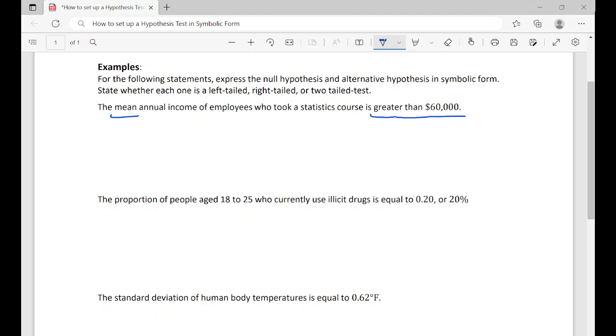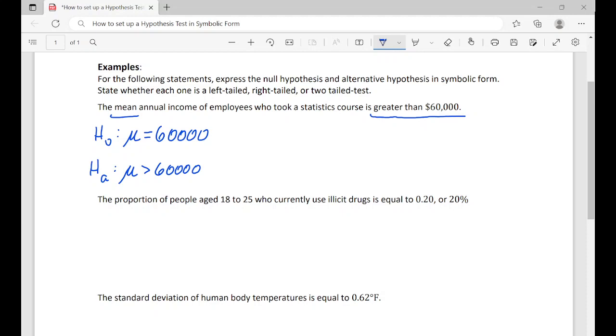$60,000. So we're going to take our null, and since it's a mean, we use mu, and we know it has to be equal to, because that's the symbol used for the null hypothesis, $60,000, because that's what's in the claim. Now we have the alternative, and again it's going to be mu because it's a mean, and it says greater than 60,000, so we put greater than 60,000. So there's the hypothesis in symbolic form, and now we need to know whether it's a left, right, or